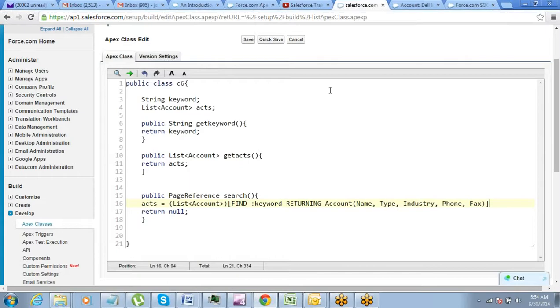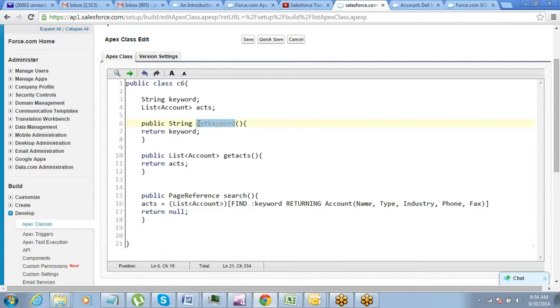Okay. Now there is one more thing that I have to define here. What is that one more thing? I have to define a set method here. So far we have been using the getter method. Getter method is used for taking the value from the code.